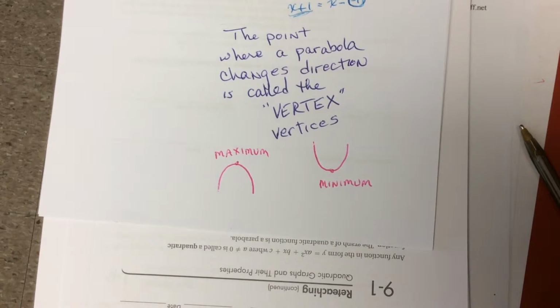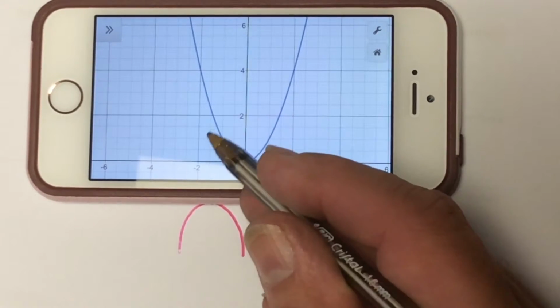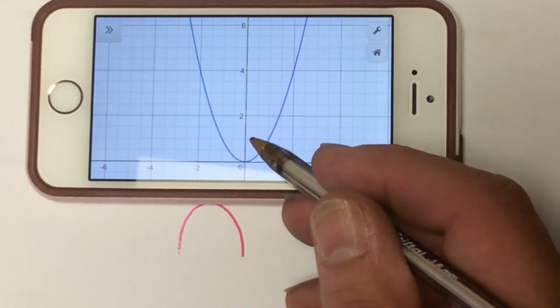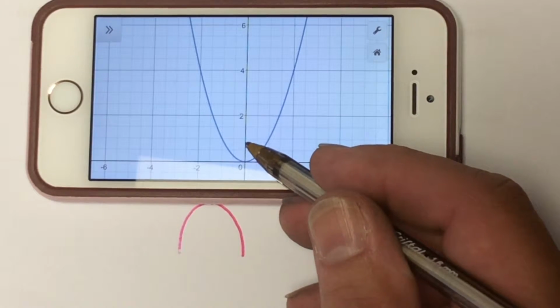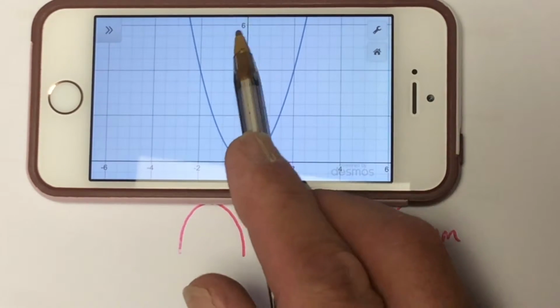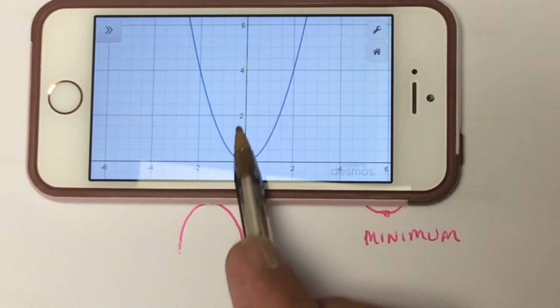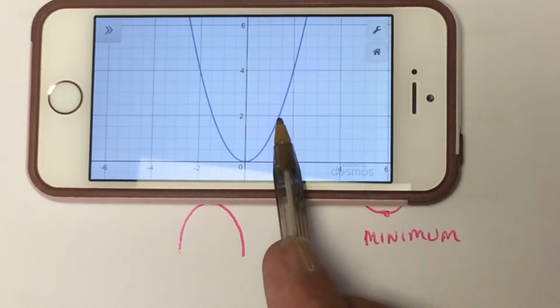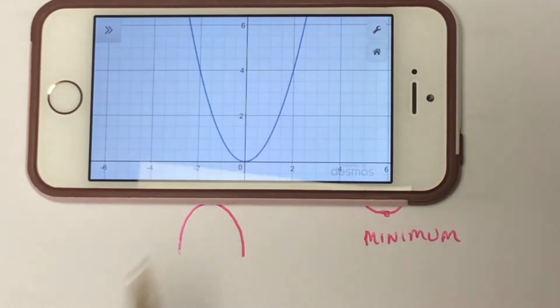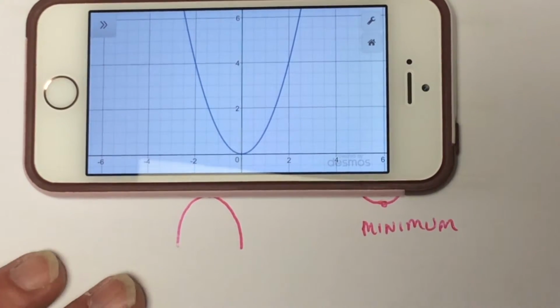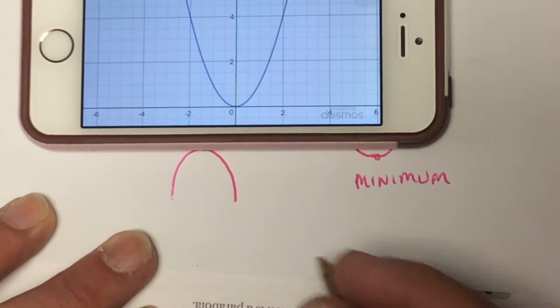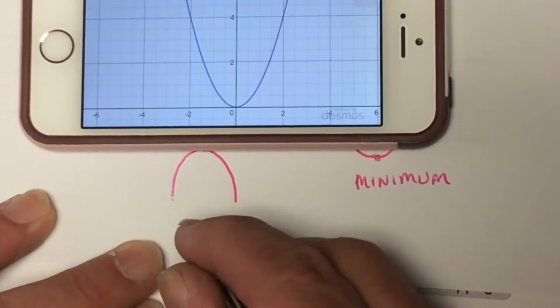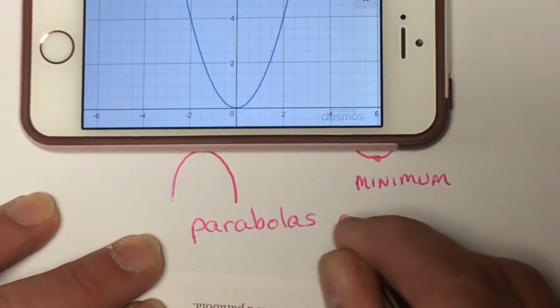But in both cases, it's a vertex. This shape is symmetric. In other words, if I were to take this and fold it along this line straight down here, these two things would line up perfectly. So that's another characteristic of a parabola. Parabolas are symmetric,